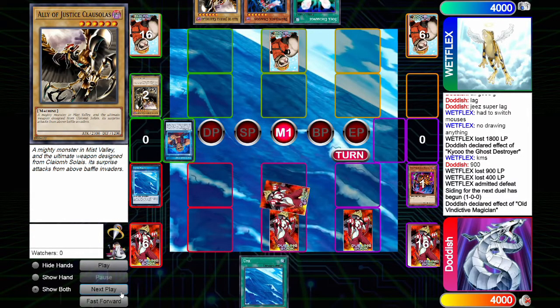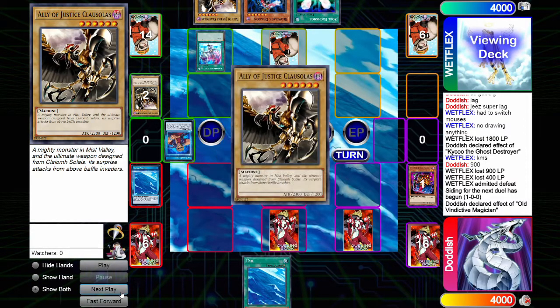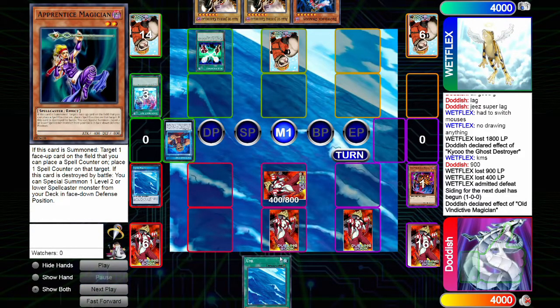We draw for turn, drawing into the Apprentice. We set the Apprentice, we pass turn. The opponent uses the Summoner's Art again, drawing into the Colossalus. Like, he has everything he needs this game. And then he soul exchanges our Apprentice Magician,